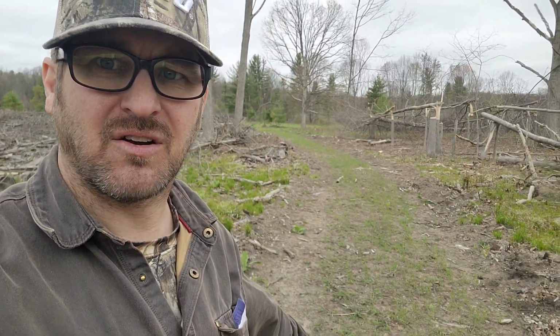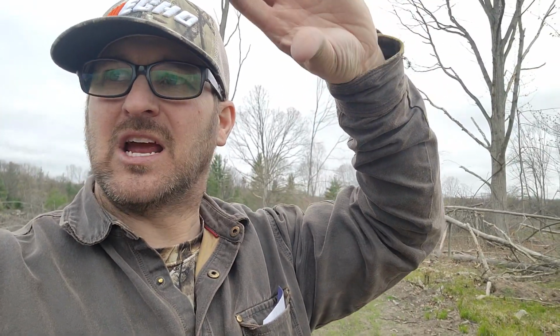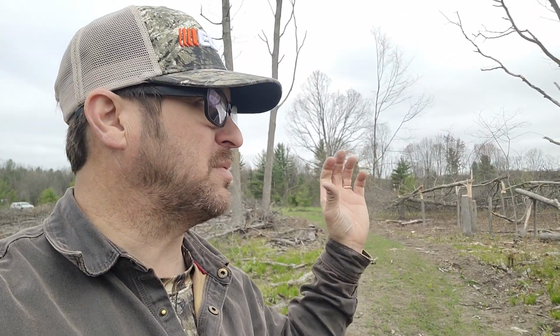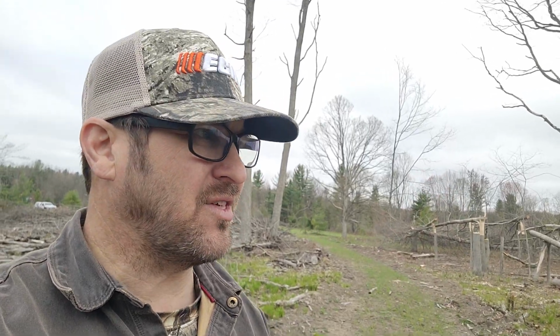So I layered this property with all these fingers of trails, like this trail here, leading from either a bedding area or the back or the neighbors, and leading out to this main food plot. But the main food plot runs long. It stretches almost the entire property east to west. I'm hoping that deer over here aren't even going to see deer over there. They will. They are going to interact, but they're going to interact once they get to this established